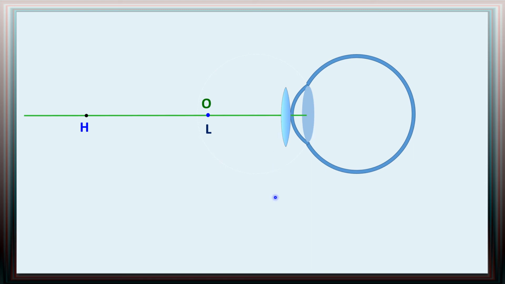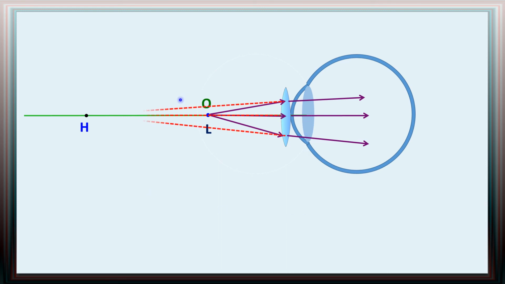Now these are the incident rays falling on the convex lens, and they will get refracted like this. If you observe these rays, these are the divergent rays we are getting, and if you extend them forward, they do not meet. So what we have to do, we have to extend them backwards. If you extend these rays backwards, they will meet at H. That means the image will be formed at H only. So I is the image.